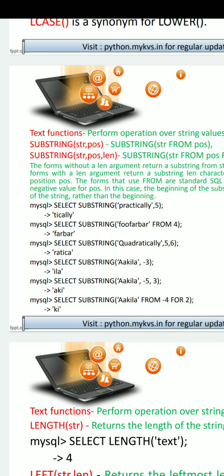Okay, next example is quadratically with position 5 and 6 characters. So R is at 5th position, and then after including R we retrieve 6 characters. So RATICA, that is returned. Okay, and next example, Akila, and we are mentioning third position, so it starts from -1